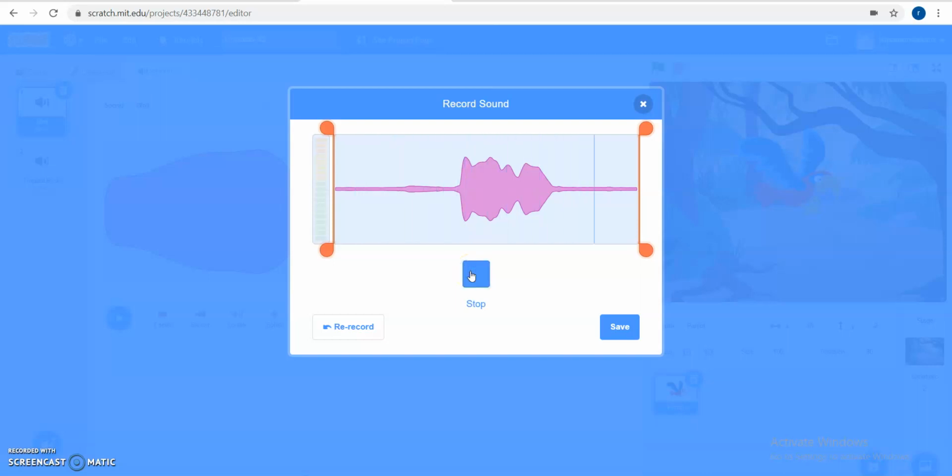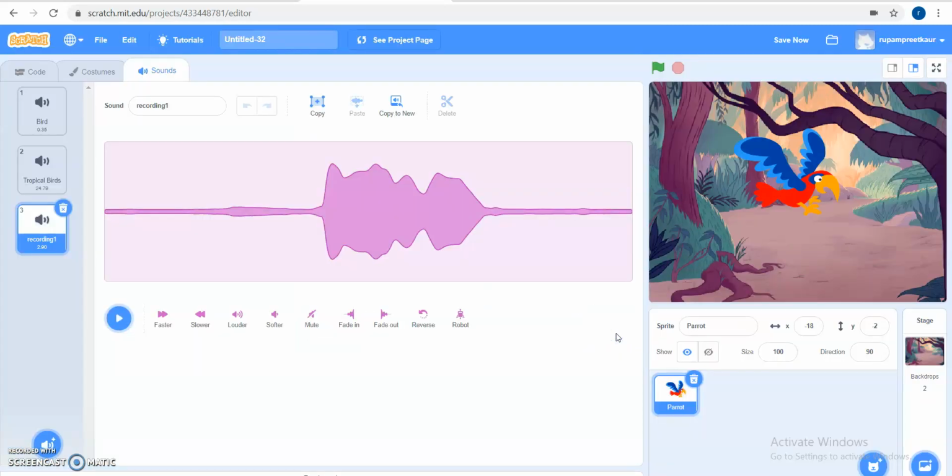Hello everyone. The next one is re-record. If you are not satisfied with your recording, you can click on this button, re-record. And the third option is save. Now if you want to save this voice, you can click on this save button.